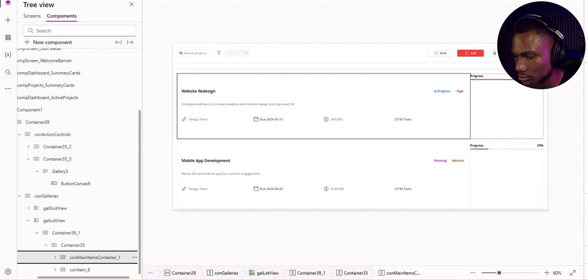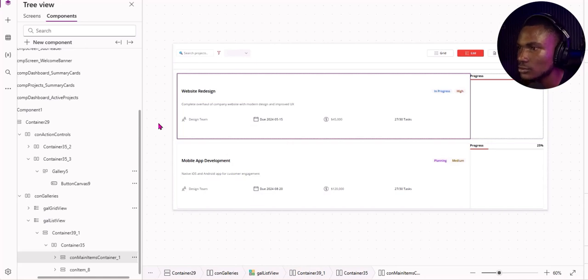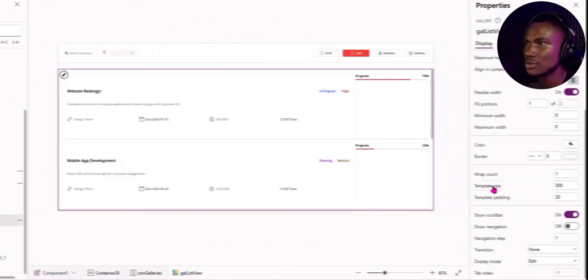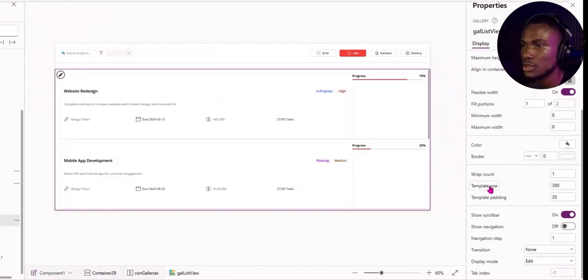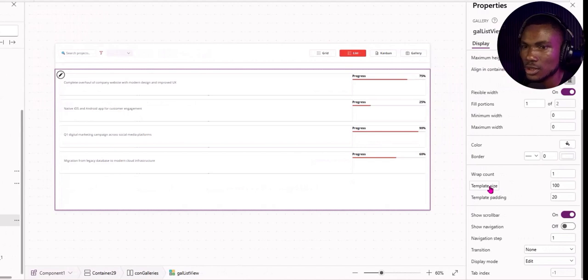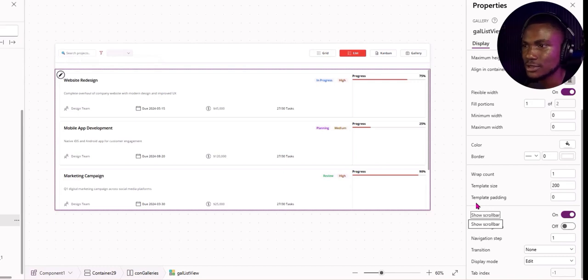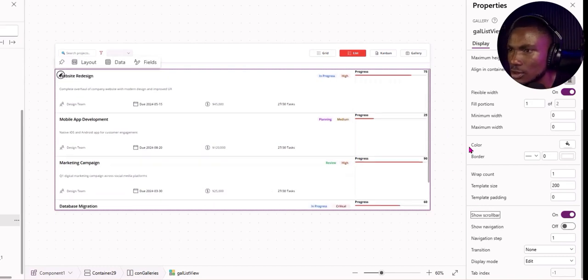And yeah, so it's looking good now. And I think I need to adjust the template size. So let's do that for the gallery. So template size, let's make it 100. Okay, that is too small. Let's make it 200, which is better. This is better, and I don't think there are any gaps between. So we'll take out template padding. Okay,